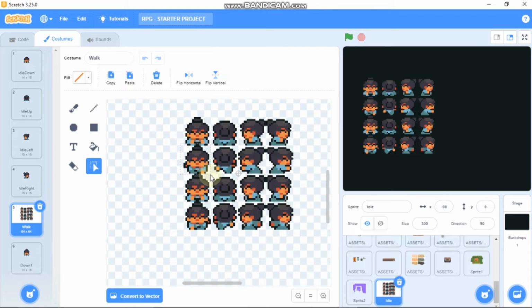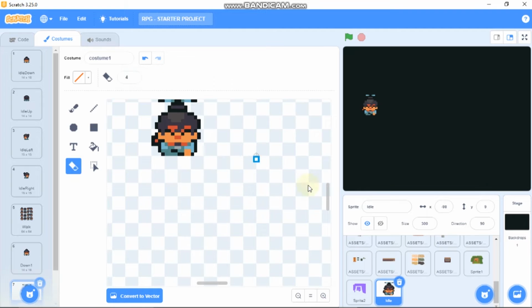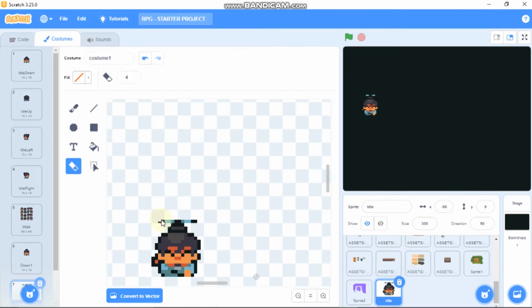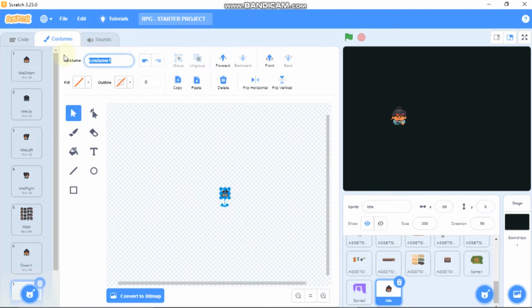So select. Now you can see we got some unwanted stuff. Use the eraser tool, and now you could erase all of this unwanted stuff. Then just place it on the center and type down 2.